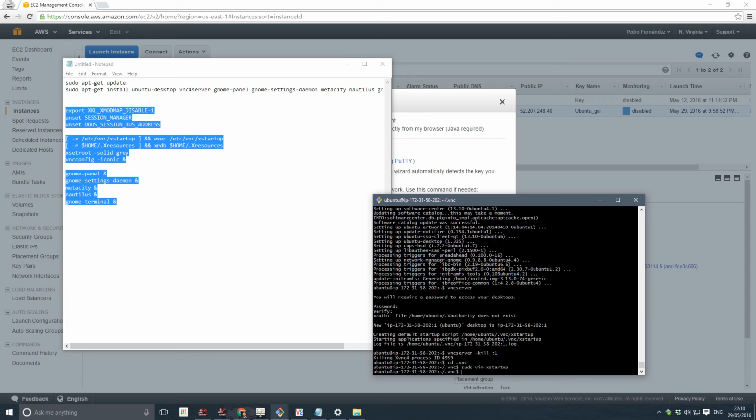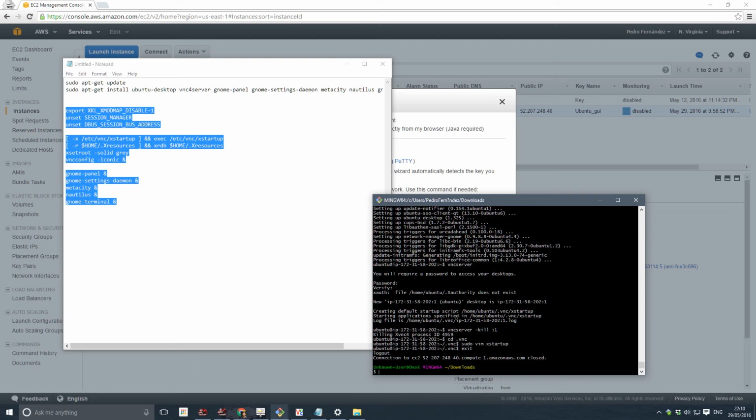Alright, now we could start our new VNC server, but then again, because we're only listening to port 22, we couldn't use it. So the first thing we're going to do is exit. The second thing we're going to do is reconnect to the server, but we're going to use -L